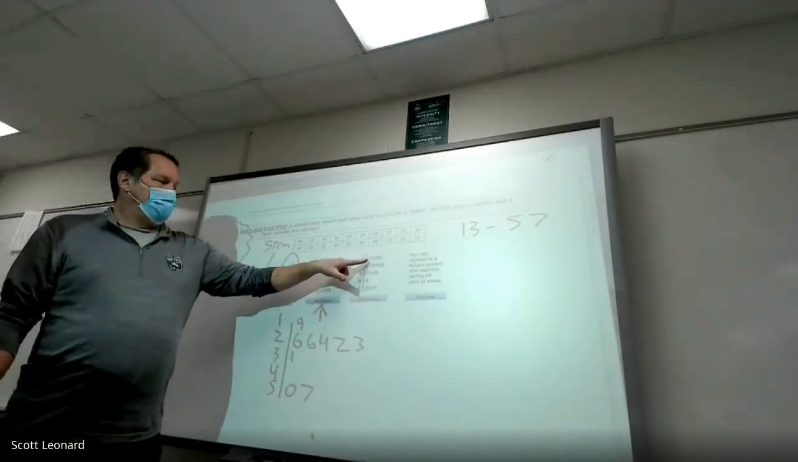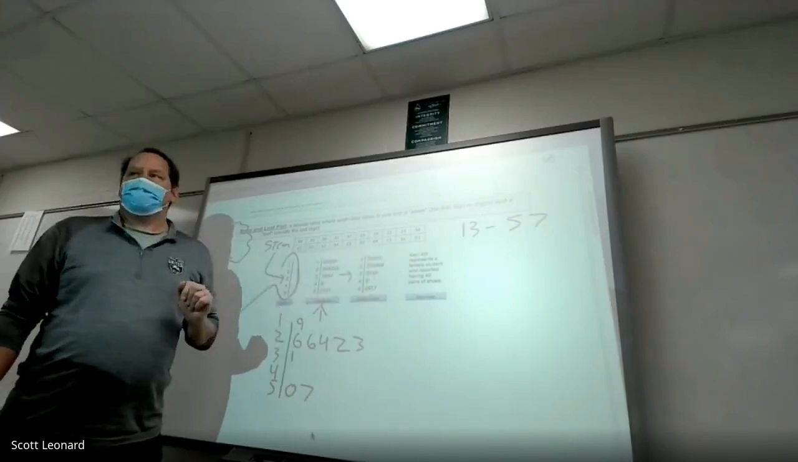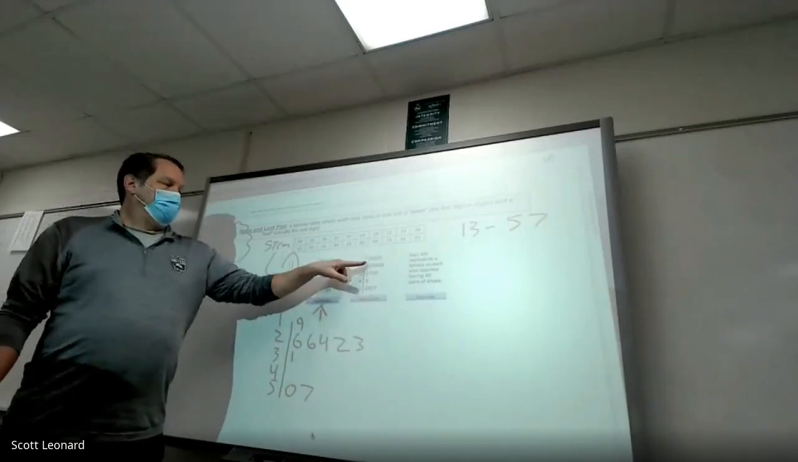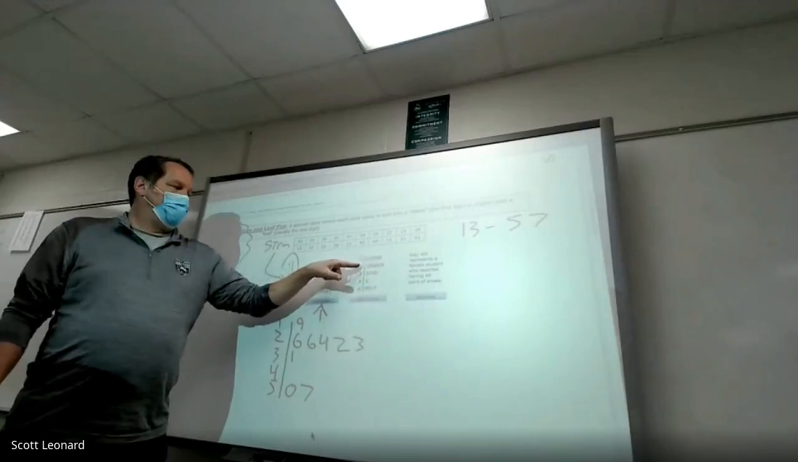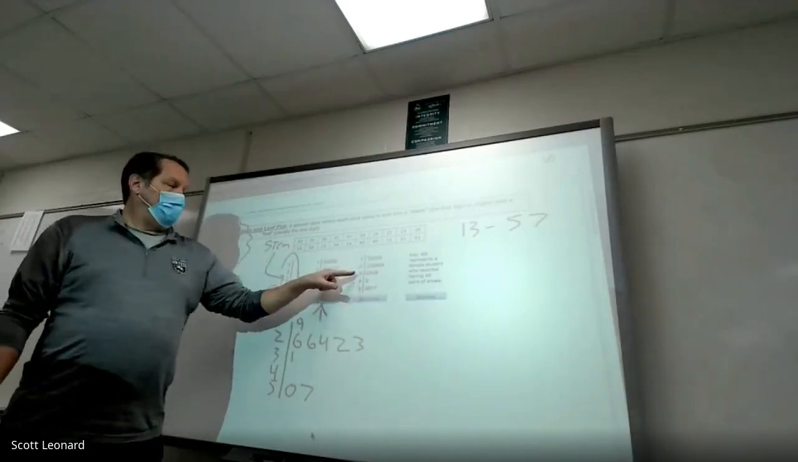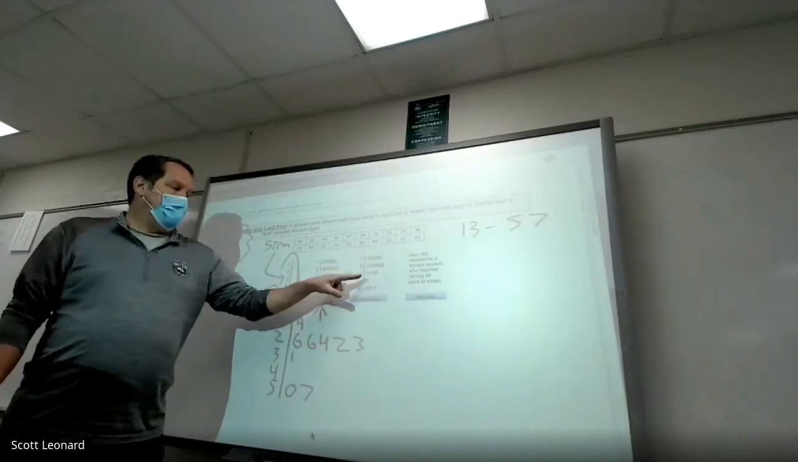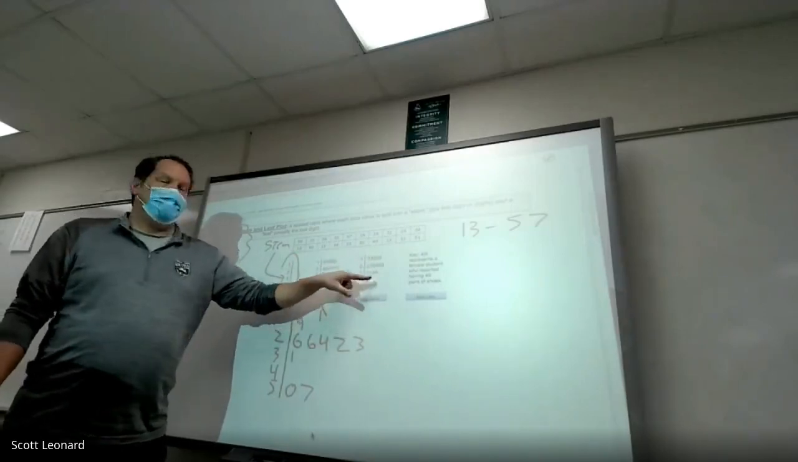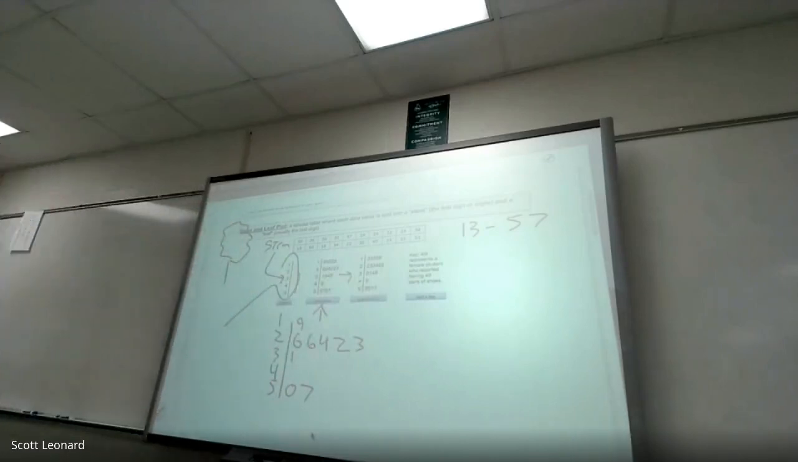13, 13, 13, 15, 19. 22, 23, 23, 24, 26, 26, 30, 31, 34, 38, 49, 50, 50, 51, 57. So now they're all in order. Does that make sense? Okay, before we go any further,